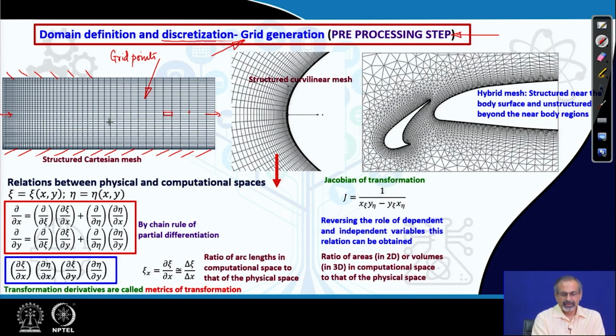So, as we saw, if the solution domain is relatively simple in terms of its geometry, we may have a rectangular domain like what we see here, and then the discretization is somewhat simpler. You can even think about algebraic techniques by which you can distribute the points, and that can be called algebraic grid generation. While when the solution domain becomes more complicated because the boundaries are more involved, like you can see over here,